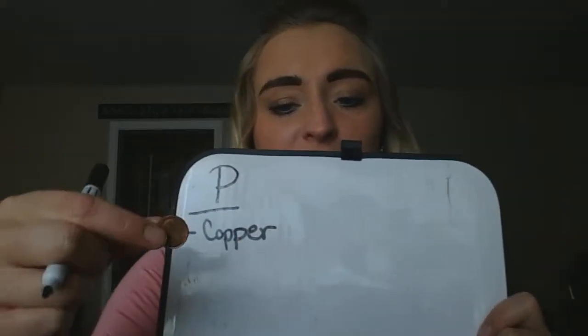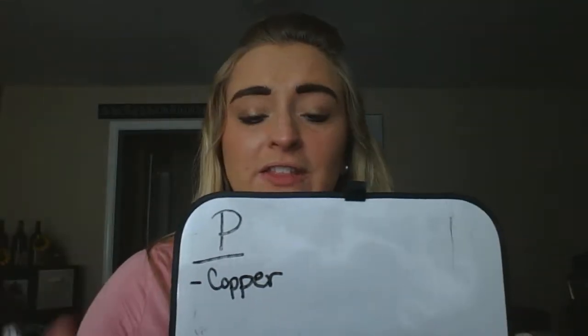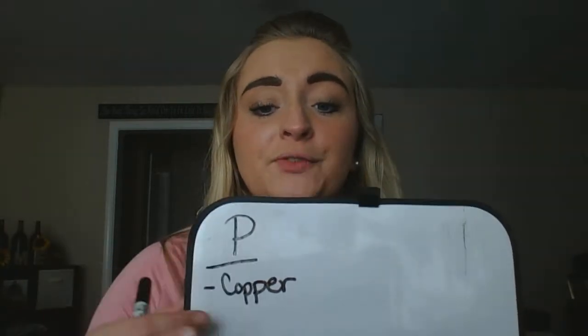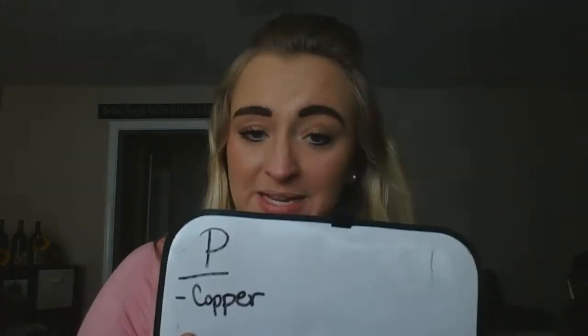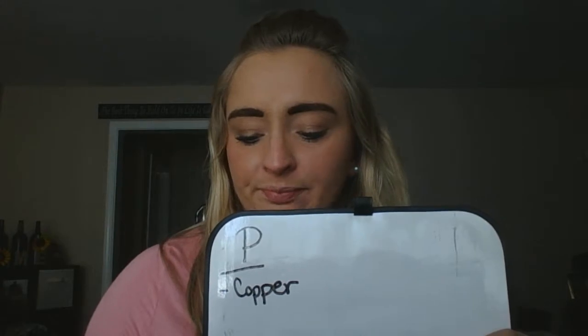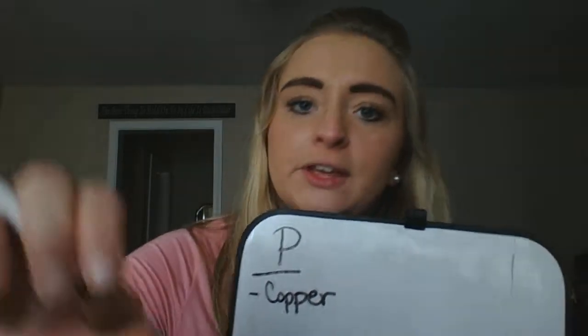They'll know it's a little bit different. You can remember this by telling the kids, hey, the P is for copper, which has P's in it. And then on the back, if you look closely, it says right there that it's worth 1 cent. So you can show your students that so that they understand that that is the value of the coin is